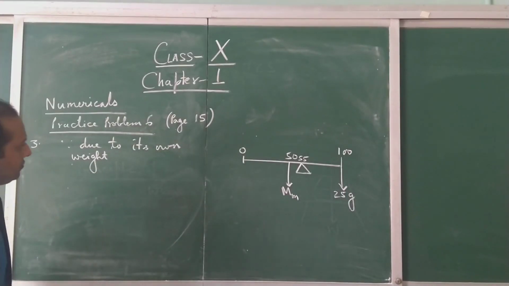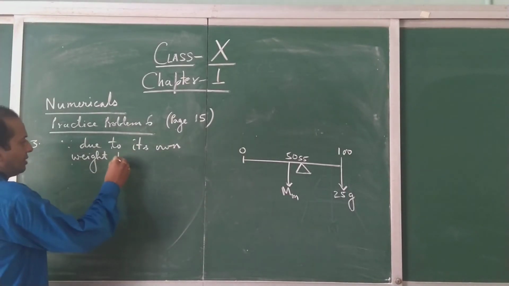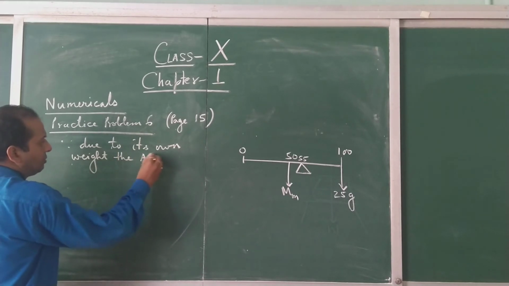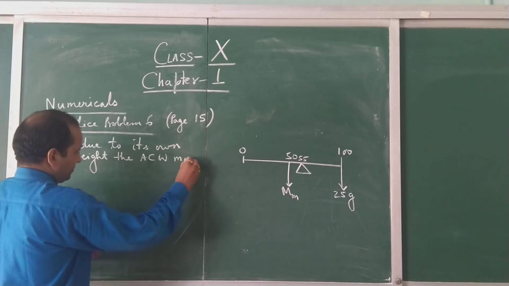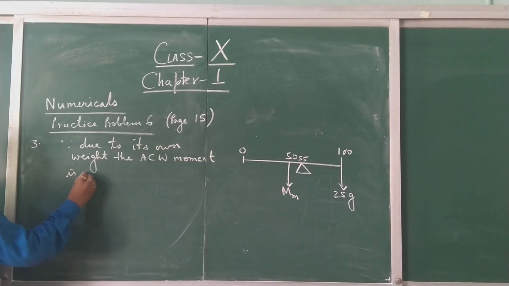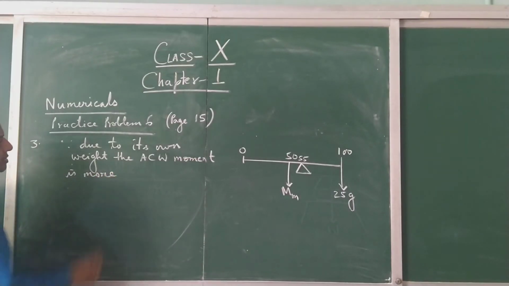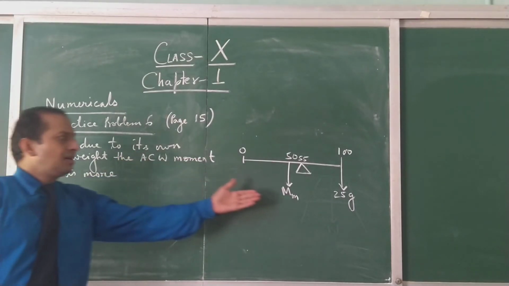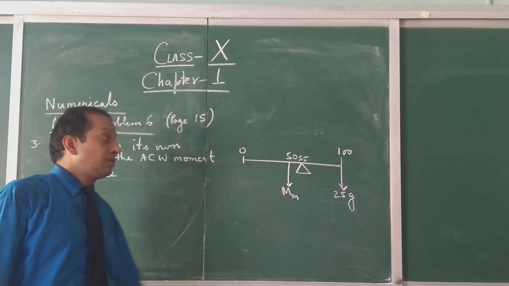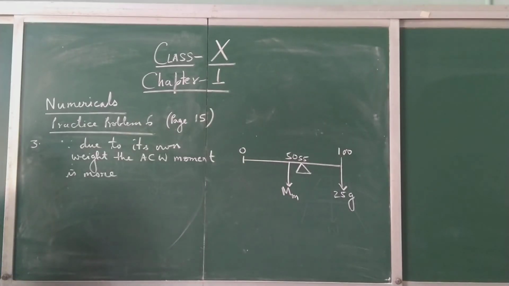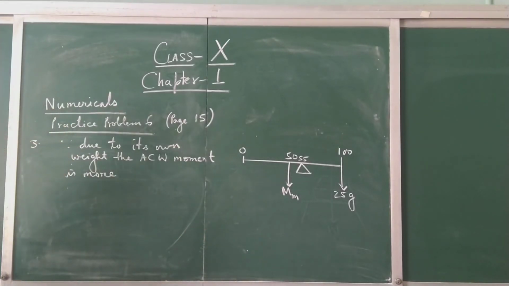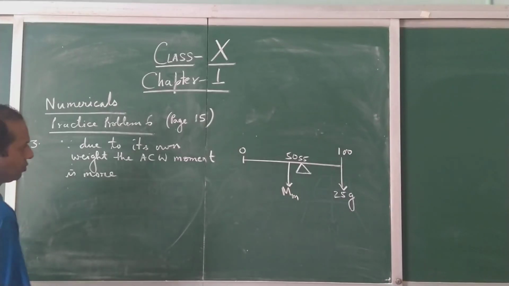Due to its own weight, the ACW moment is more. Its own weight means here the meter scale's weight is supposed to act from the midpoint of the uniform rod, that is here 50 centimeter. Due to its own weight, you can write in your own words, the anti-clockwise moment is more